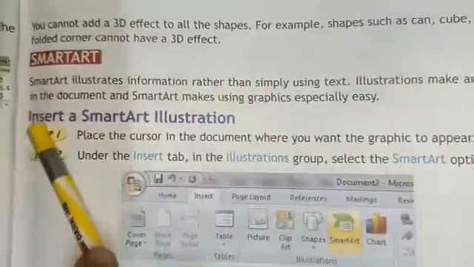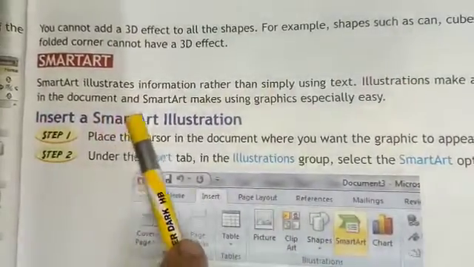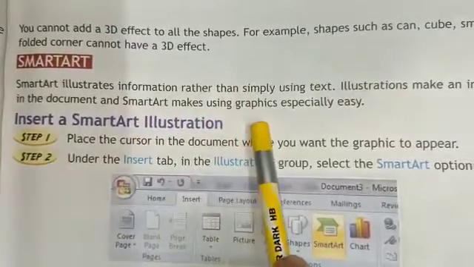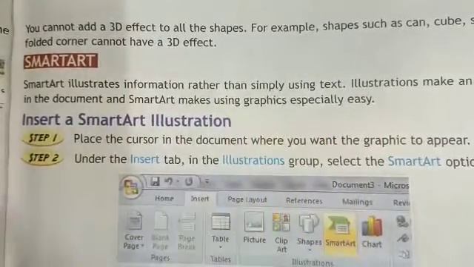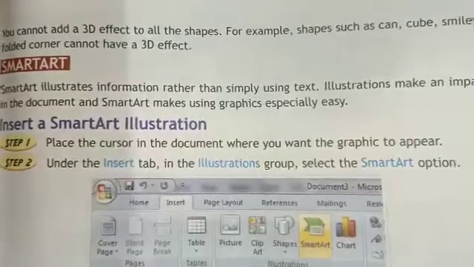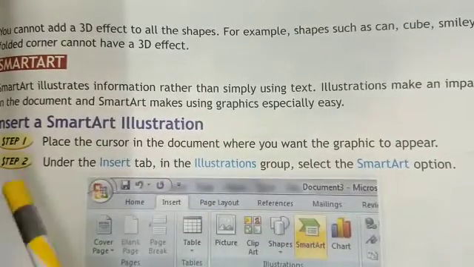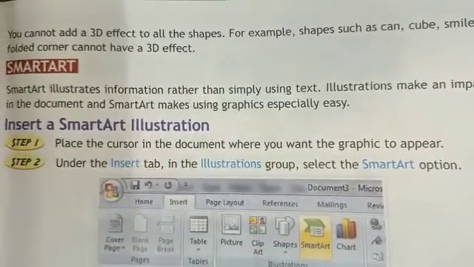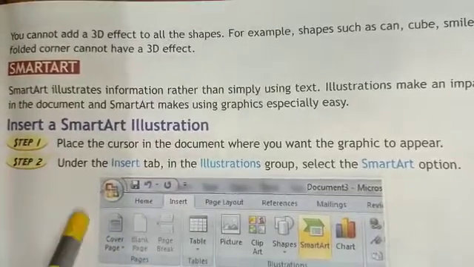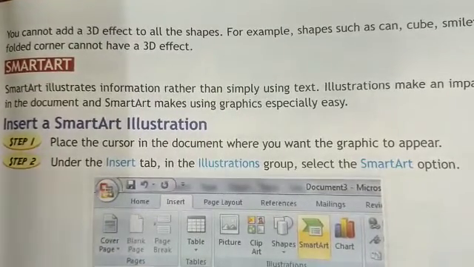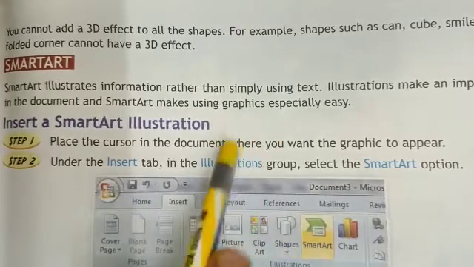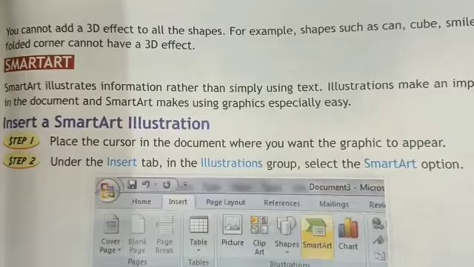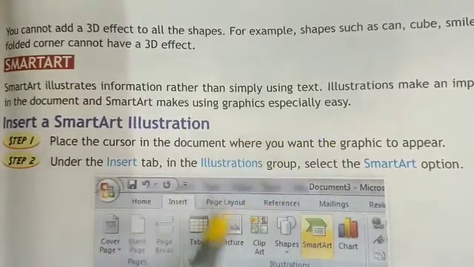Illustrations make an impact on the document, and SmartArt makes using graphics especially easy. So giving illustration to a text gives a better impact to a document.